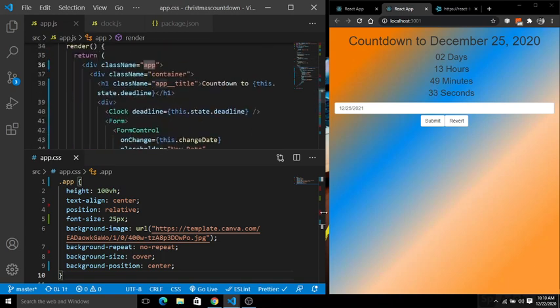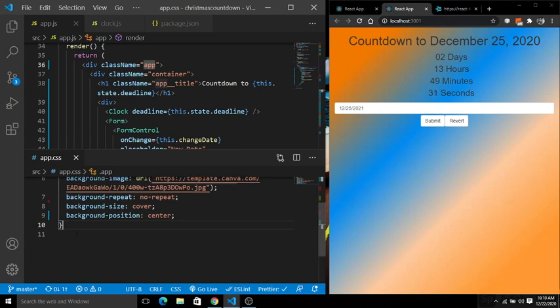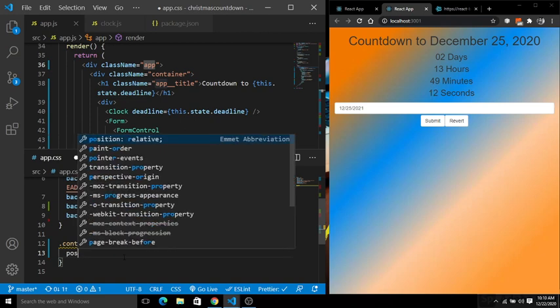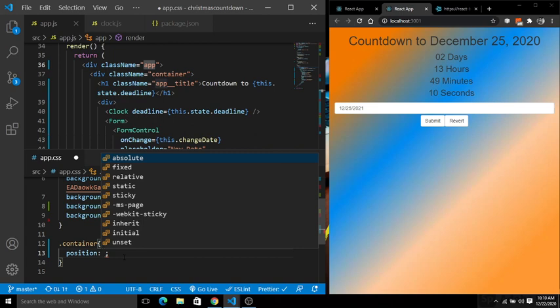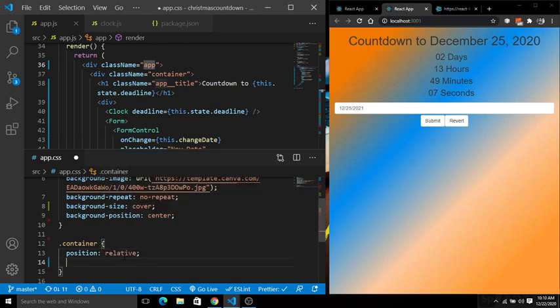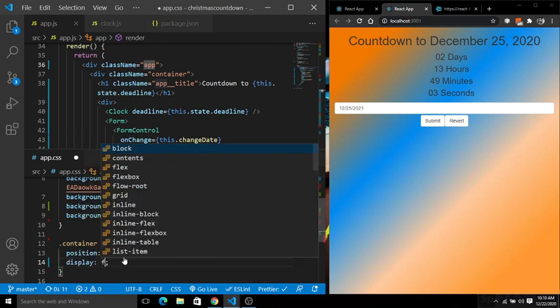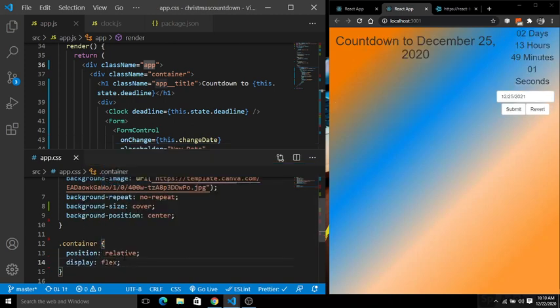Next is time to style the container. So container, basically you guys do the CSS on your own. It is all like designing, so you can do all these designing steps on your own. So let's put here the position of relative. Save this. Next, display, let's give the display of flex. It will align all the items in a row.